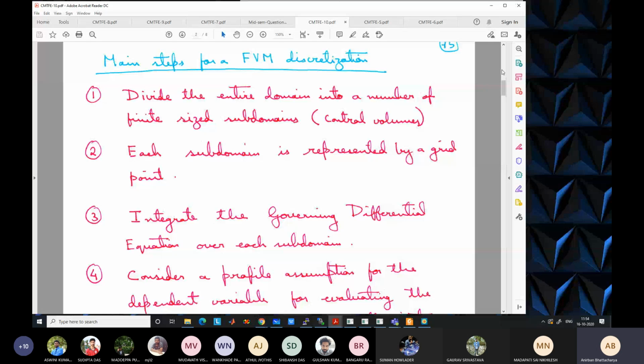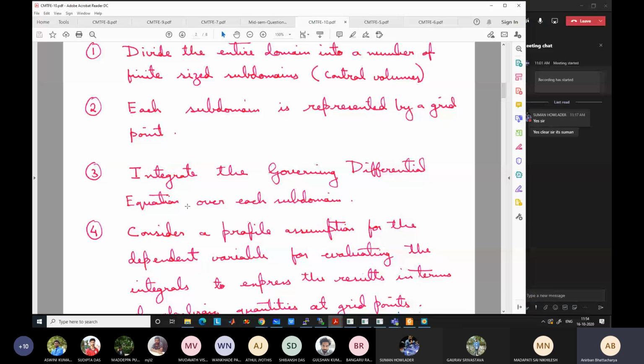So the main steps for finite volume discretization: again, divide the entire domain into a number of finite size subdomains, which we call control volumes. We have already discussed this. Each subdomain is represented by a grid point. Then integrate the governing differential equation over each subdomain. For each control volume, we have to integrate the governing differential equation like this. From here, the next step is to change the volume integral to a surface integral using the divergence theorem, and